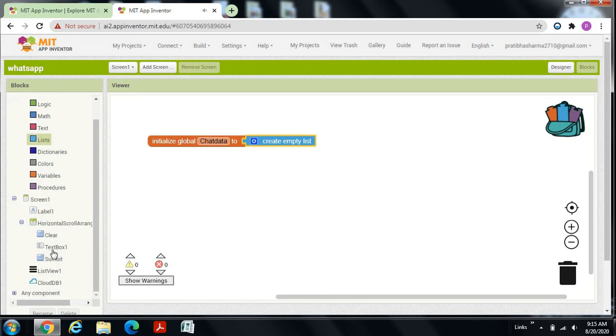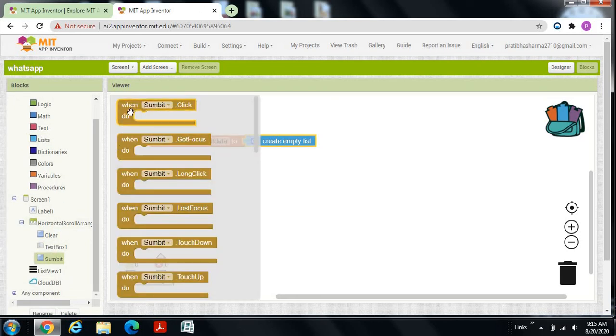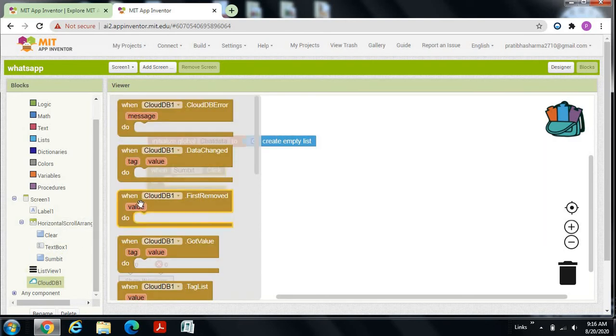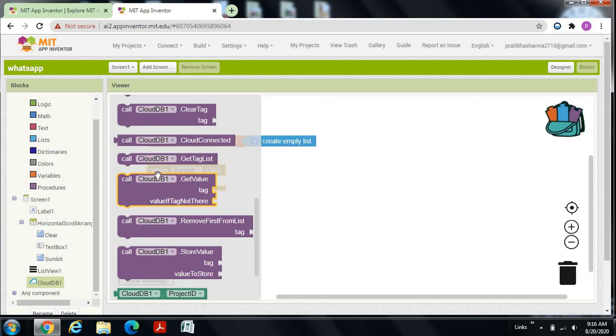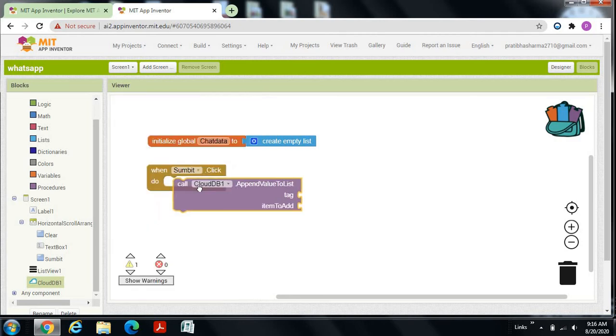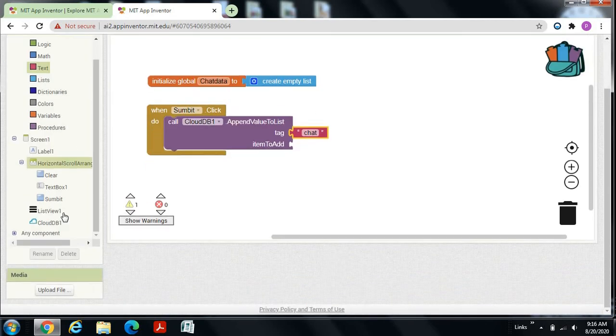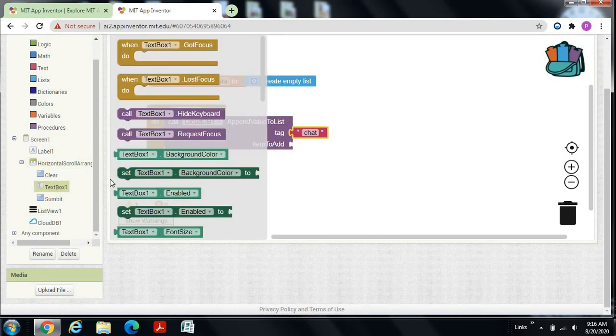Now click on submit button, go here and go to CloudDB, take this one and drag and drop it, and go to text and drag and drop a blank text and make it chat.